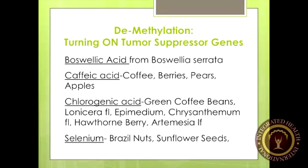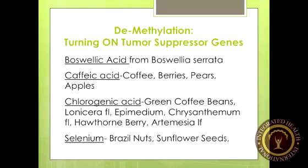Okay, all right, so coffee is actually a super antioxidant. So for those of you who like coffee, in moderation. However, it's one of the most heavily sprayed crops. And so you must use organic coffee if you're going to do coffee. And I recommend that you do Swiss water decaf because you get less acid in it. And the decaffeination process itself can be laden with chemicals. So the green coffee beans are rich in chlorogenic acid, which also has this effect on tumor suppression, which is